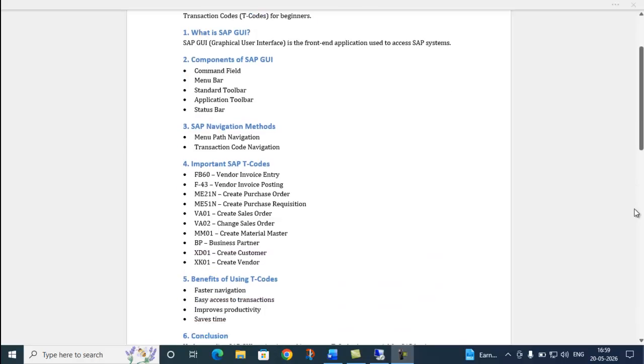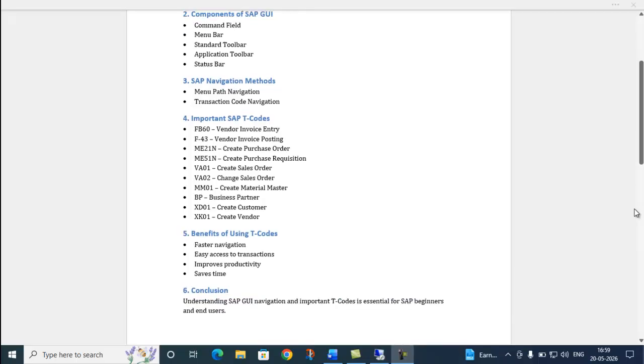Now, what are the important T codes? We can see there are so many T codes in SAP S4HANA, but the main important T codes are FB60, that is vendor invoice entry, F-43, that is vendor invoice posting, ME21N for creating purchase order, ME51N for creating purchase requisition,